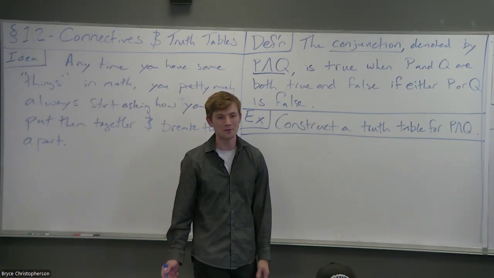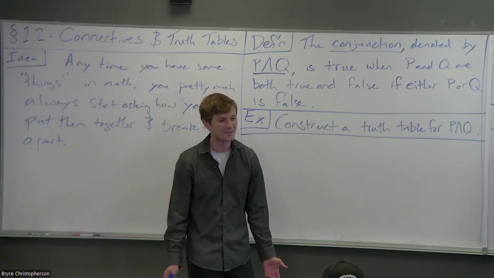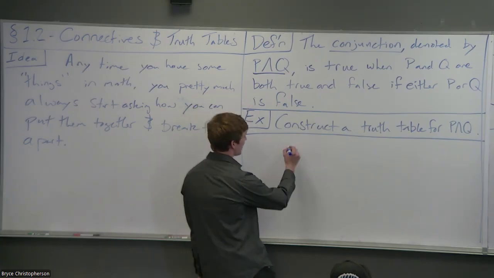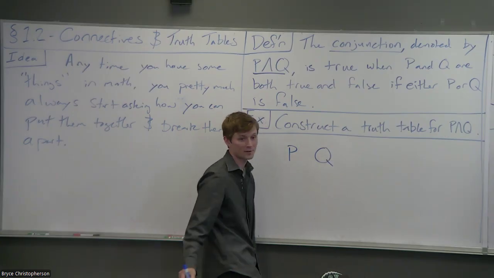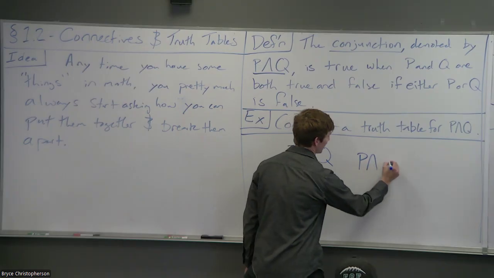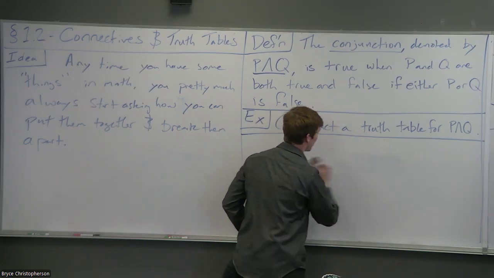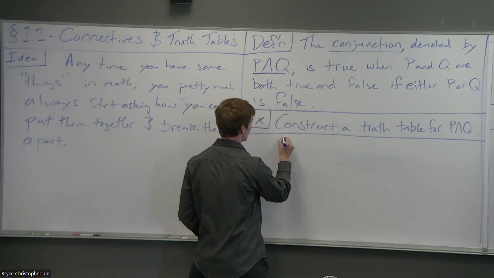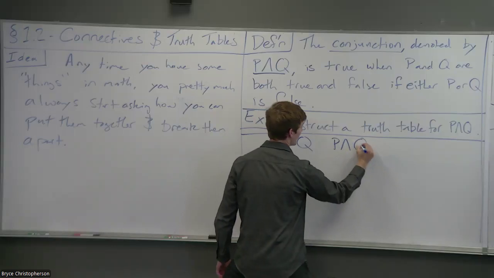What is a truth table? Who has seen a truth table so far? Everybody has seen a truth table. It's kind of an obvious thing to do. So here's the gist of it. You take your variables, and then you take your P and Q. Actually, let me write these slightly higher up so I don't have to run too low on the board. P, Q, P and Q.